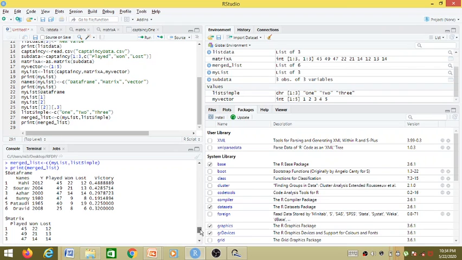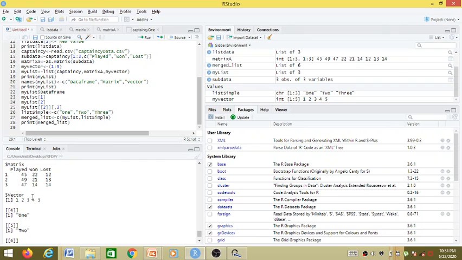Previously in my list we have a data frame, so it is displayed. Matrix, it is also displayed. Vector, it is also displayed, and we have given them names, so they have been displayed with names. And list simple has just 3 elements. All the 3 elements are character strings. So at the 4th element we have 1, at the 5th element we have 2, at the 6th element we have 3.